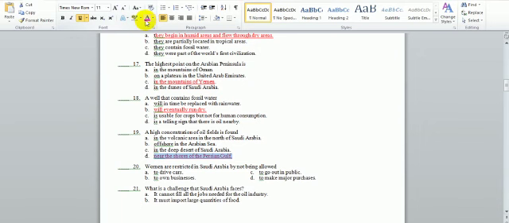Number 20 and the last one. Women are restricted in Saudi Arabia by not being allowed to drive cars, to own businesses, to go out in public, to make major purchases. What do you think? It was, not it is. It was to drive cars, because 2 years ago they allowed women to drive cars.